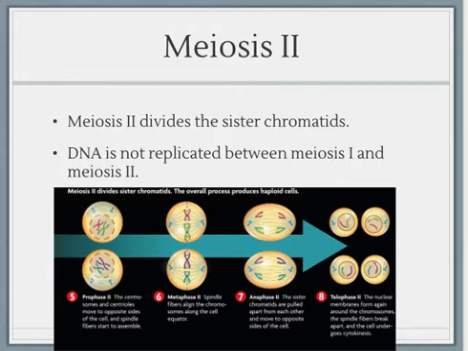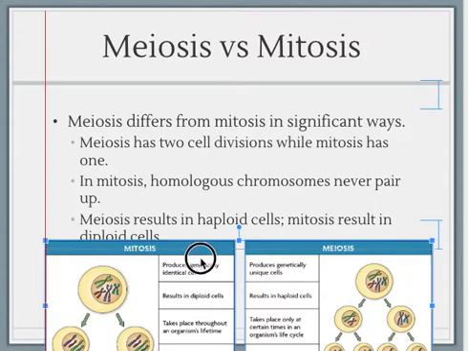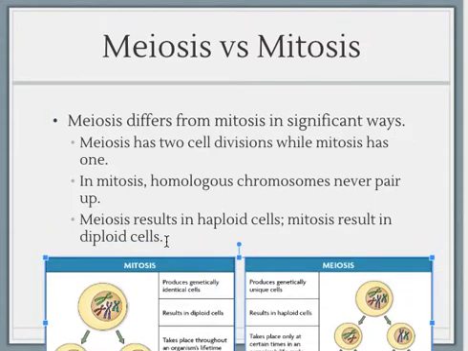Let's compare meiosis and mitosis. Meiosis has 2 cell divisions, as you saw, and mitosis has 1. In mitosis, homologous chromosomes never pair up. Meiosis results in haploid cells. Mitosis results in diploid cells. So remember we said that mitosis is essentially cloning a cell. It's your body's way of cloning cells because you want to preserve the chromosome number. Meiosis is all about getting that haploid amount so that you can get X and Y chromosomes,